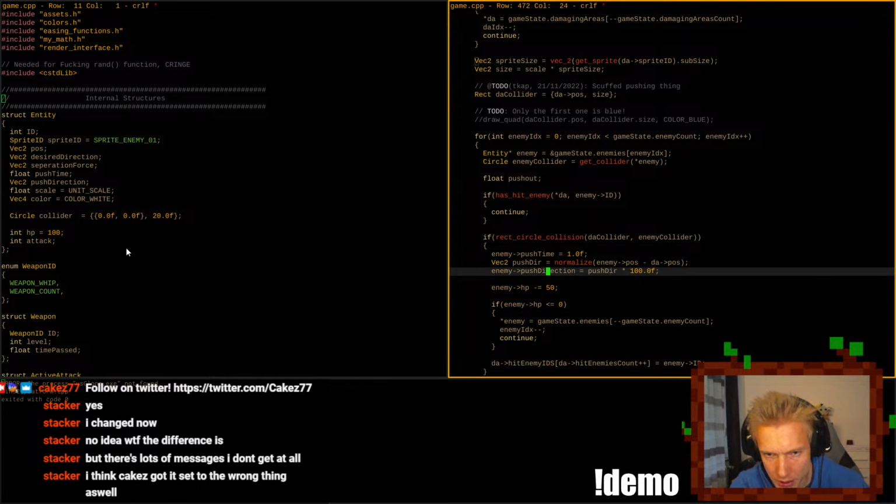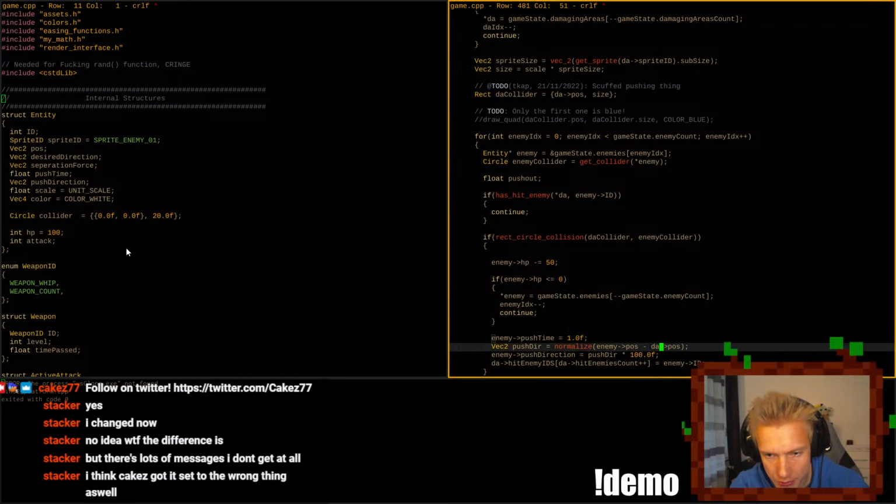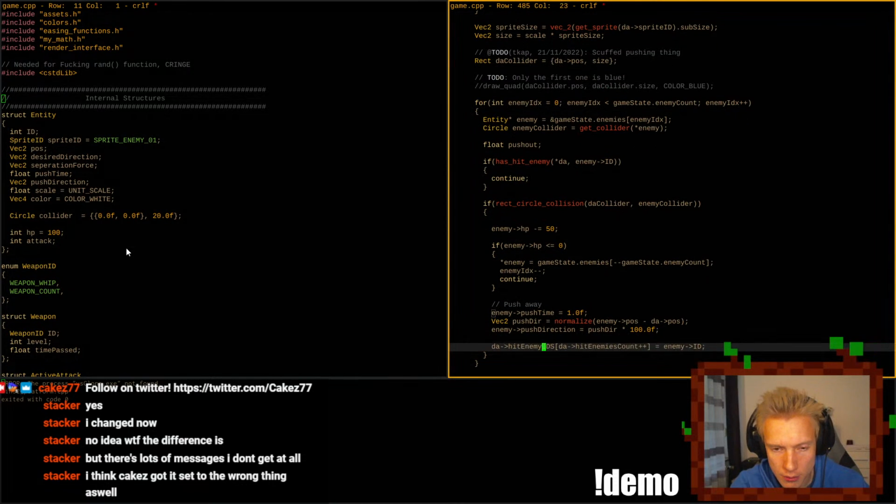So first we do the damage calculation, and then we set the hit stuff. Push away, and add to hit.